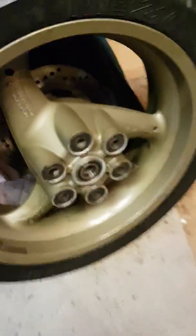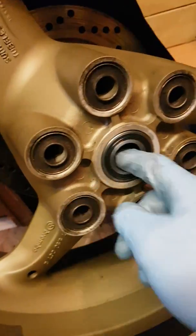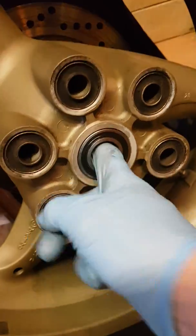So yeah, with the wheel, slightly different matter. You've got an inner there, which goes between the two bearings, one on that side